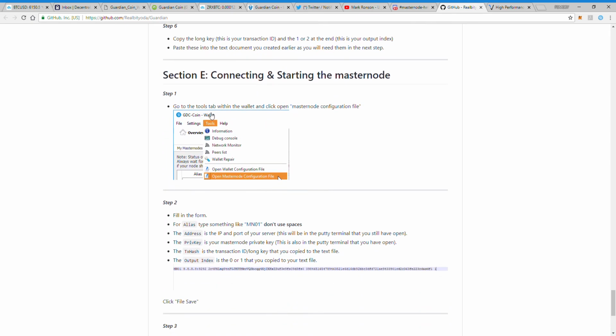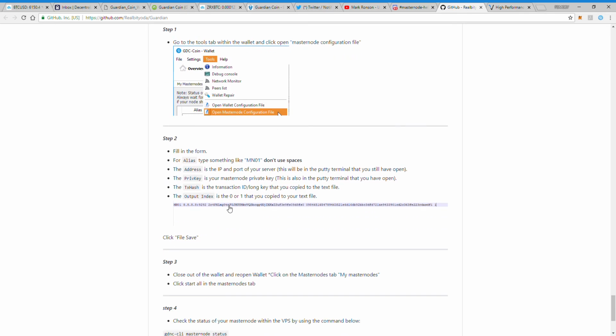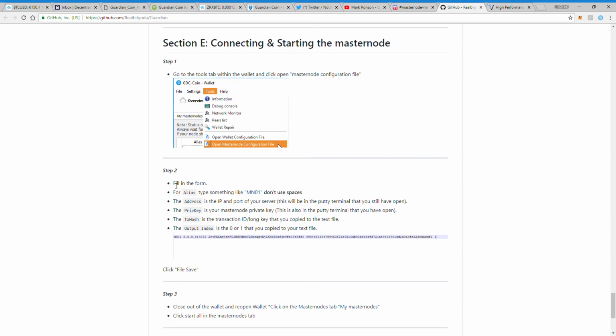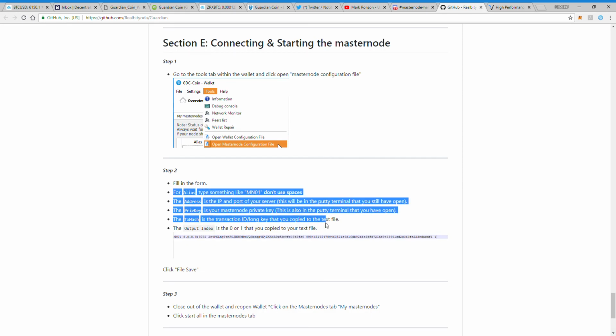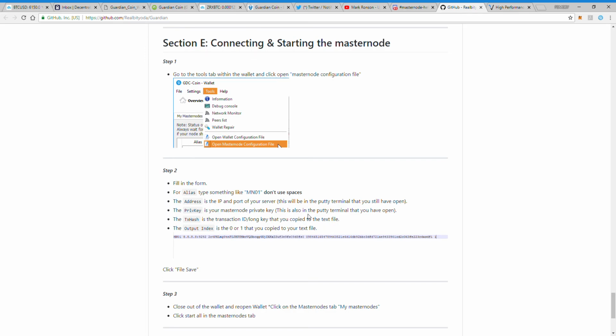And then you're going to go back to tools on your GDC coin wallet and open your Masternode configuration file, and you'll see something. It'll give you an example of how to put this information in, and then you can read these instructions here. But you're going to put in an alias, which is, I guess, like a name for the Masternode. It says don't use spaces, and then you're going to put in the address. This is the IP and port of the server that you set up using Vultr and BitVise. So you're going to go to your BitVise or your Vultr and copy that and paste that